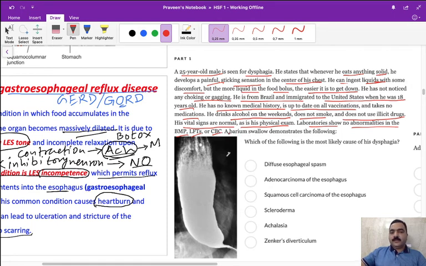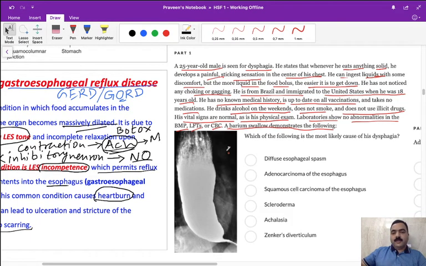So what the physician has done is a barium swallow, shown in this image over here. Barium is a radio-opaque substance, so when you scan, you can see very clearly the substance when you ingest it. You can see it has become wide, and this is like the beak of a bird. So bird beak appearance, this is referred to as the beak appearance.